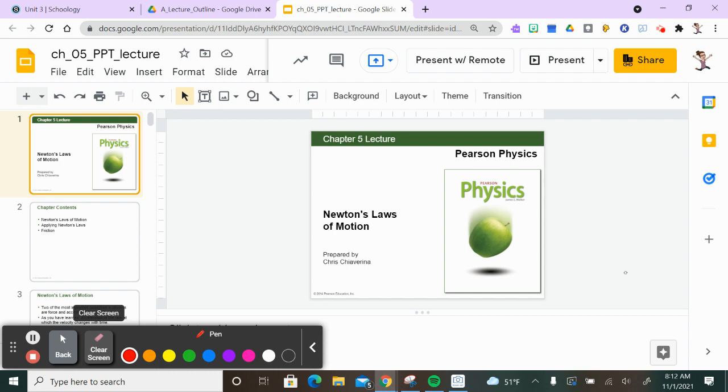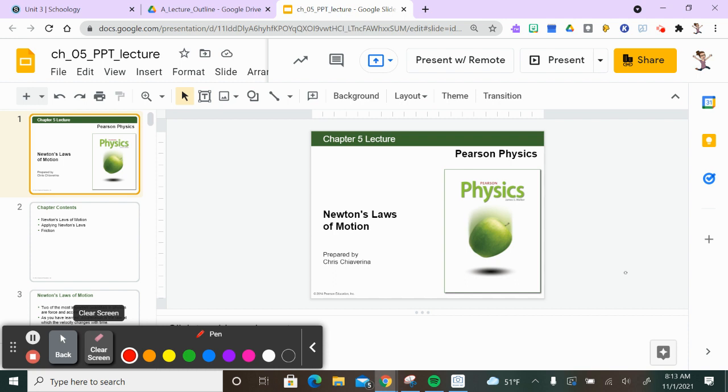Okay? Aren't they both acting on the book though? Gravity and your hands. Okay, what is gravity acting? Not necessarily. Gravity is acting. Okay. There is a force of my hands on the book. Okay. There's a force of gravity. There's also a force of the book on me as well. So they're not